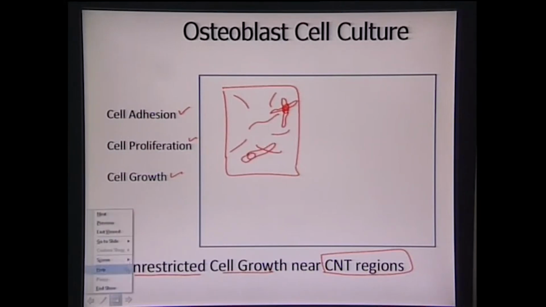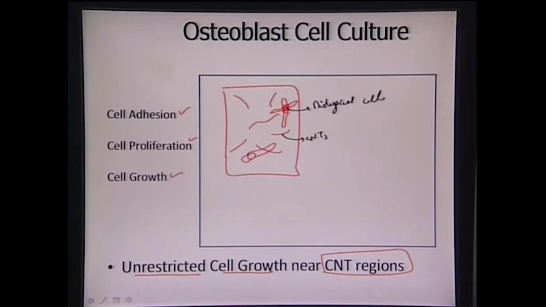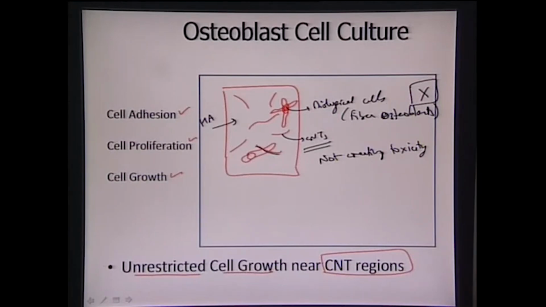So even once we have some CNTs over here, and all these are biological cells, which are nothing but fibroblast osteoblasts, these cells are growing without any hindrance. So that means that CNTs are not creating toxicity. Otherwise, had they been toxic, we wouldn't see any osteoblasts growing onto the hydroxyapatite surface. So majorly we have the hydroxyapatite matrix with some CNTs here and there, scattered throughout the matrix,